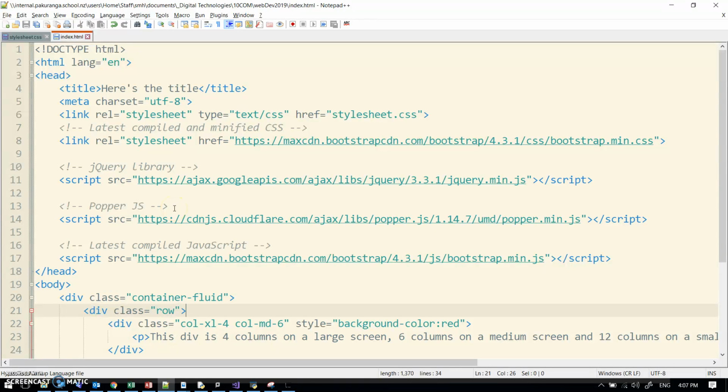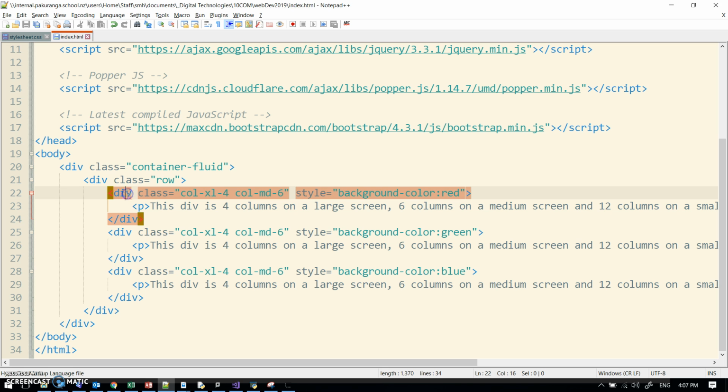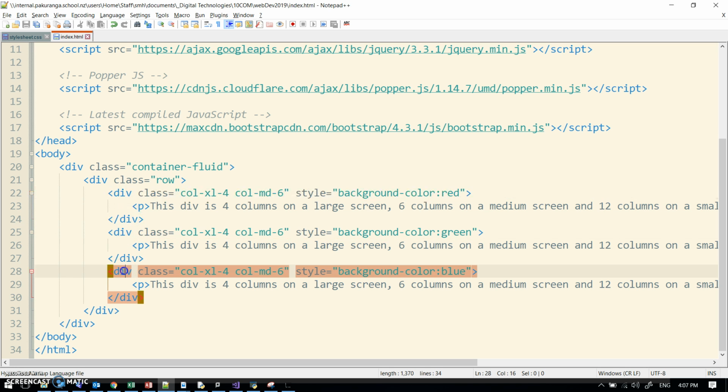Here's a recap on the Bootstrap stuff we did yesterday. Firstly, we grabbed the Bootstrap libraries from the content delivery networks, from the CDNs, so the bunch of JavaScript and CSS that makes up all of Bootstrap. Then made 3 divs. Here's a div, here's a div, here's a div, and each div has got the same